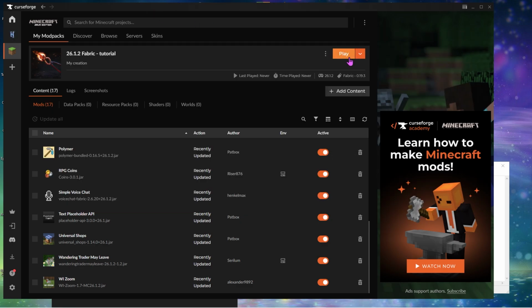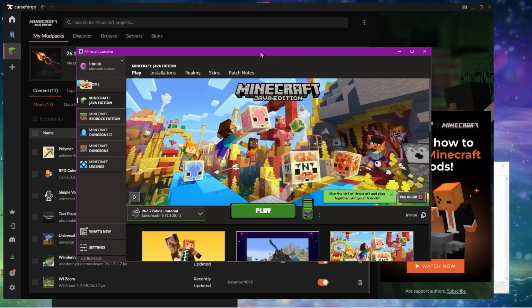All you need to do then is hit play. Once it's loaded the launcher, you can at any point then close CurseForge. You can leave it open if you want. I usually close it to make my laptop happy, but it makes no difference to your game at this point. So all you need to then do is click play. It should load Minecraft like normal. To play on servers, as usual, you'll need to go to the multiplayer option, add the IP address, and then you should be good to go.